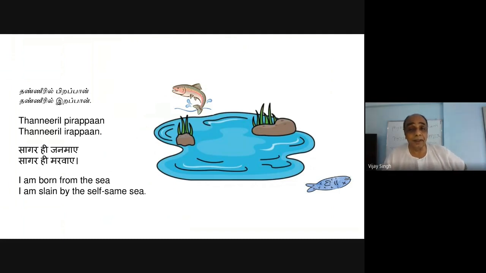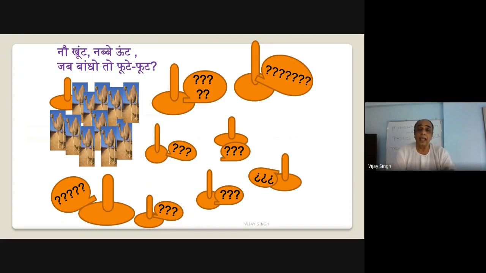Let me now turn to the mathematical riddles, and I begin with a brain teaser for you. I have 9 posts on which I can tie a large number of camels. These camels are 90 in number. The posts, as you can count, 1, 2, 3, 4, 5, 6, 7, 8, 9. They are 9. And how do I tie them in such a way that each post gets an odd number